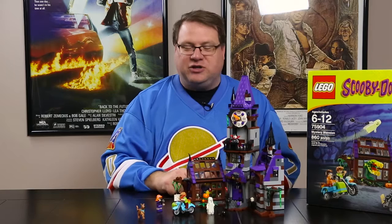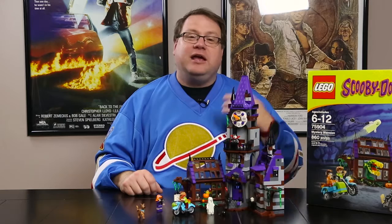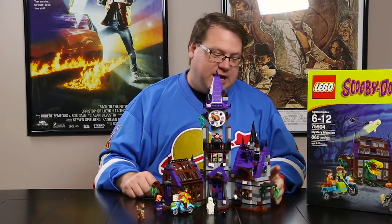Inside, we have a jack-o'-lantern on the floor. We also, on the outside, have a rotating jack-o'-lantern so you can get a spooky little moment as your heroes try to solve the mystery. If we flip over to the other side, we've got another two-story feature of this house, and we start in